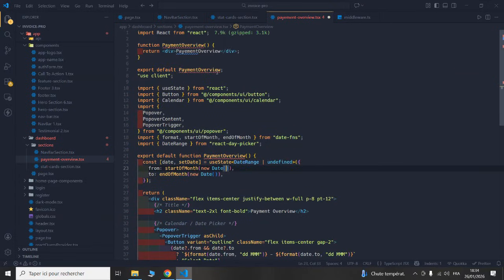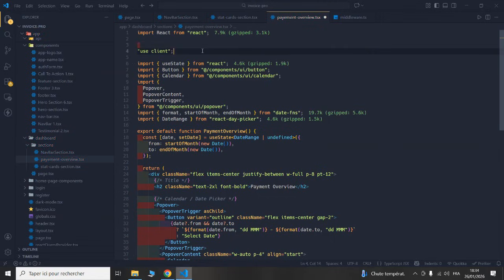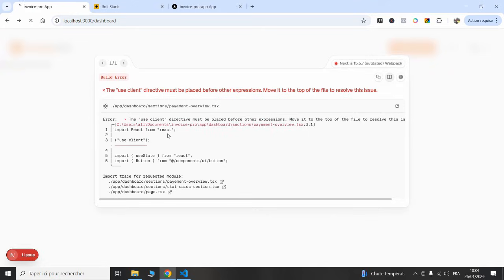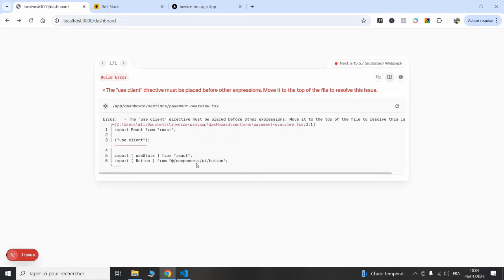Let me get rid of all of this. And if we go back to our dashboard, we should see the new update